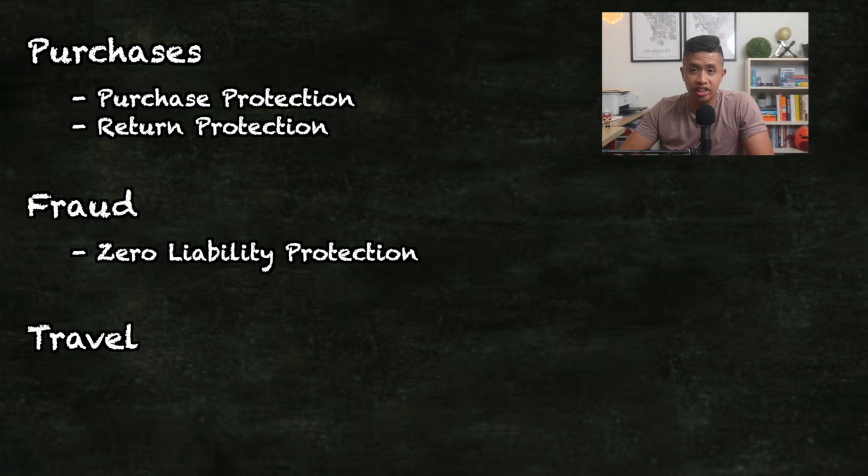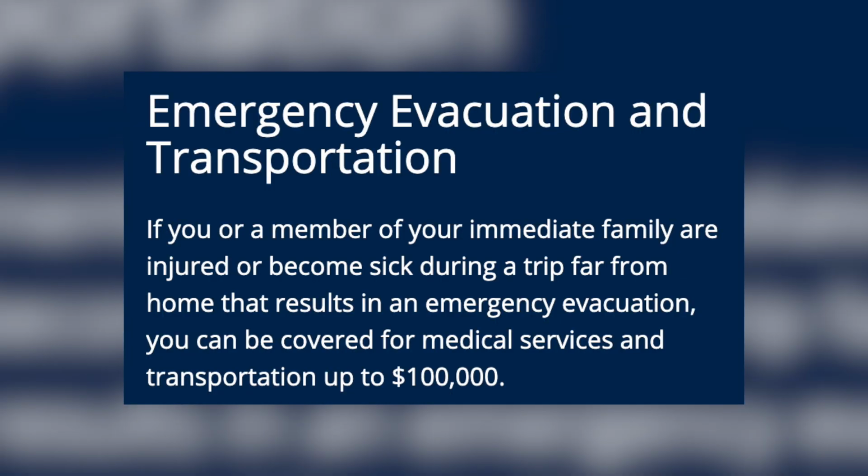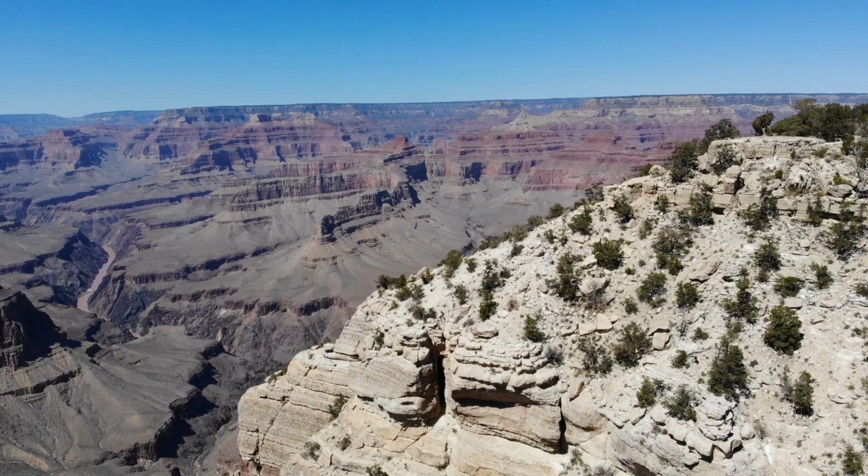If you're a frequent traveler, you've probably had experiences with lost luggage, missed flights, or canceled or delayed flights that weren't your fault. If you book your trip with a debit card, it's up to you to deal with most of those interruptions. But if you use a credit card with travel protection insurance, there's a good chance you'll be covered. Some cards can come in super clutch in worst case scenarios where you might be at fault too. For example, rental car coverage can help you avoid paying extra for a policy or dealing with the hassle of using your own insurance. And if you have the Chase Sapphire Reserve like I do, you have access to emergency evacuation transportation. So if you trip and fall at the Grand Canyon and you need an airlift, you're covered up